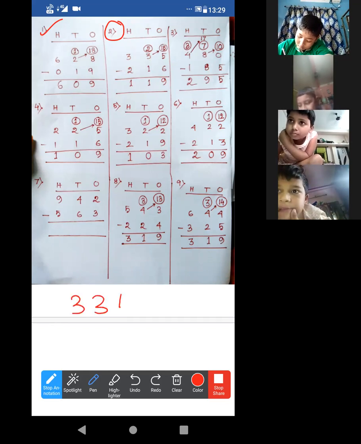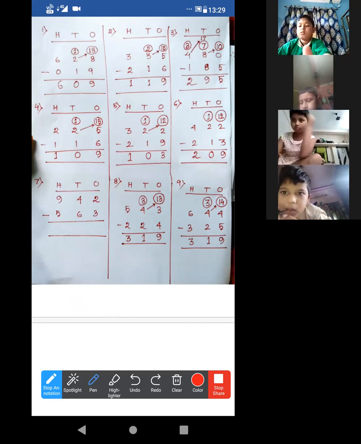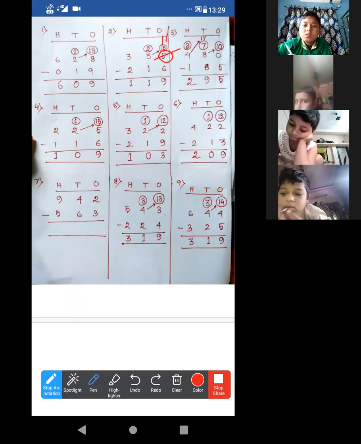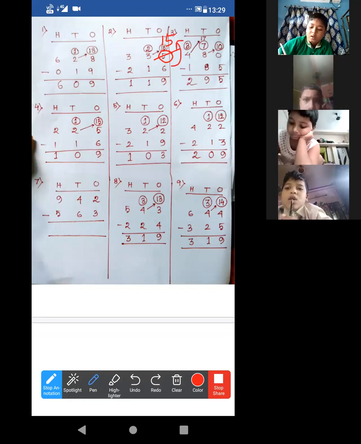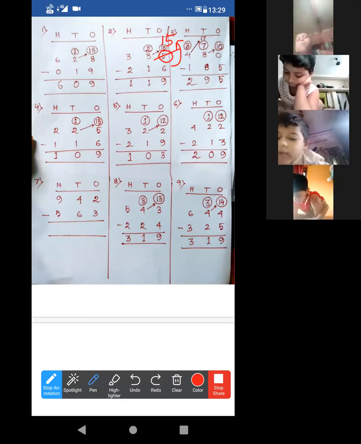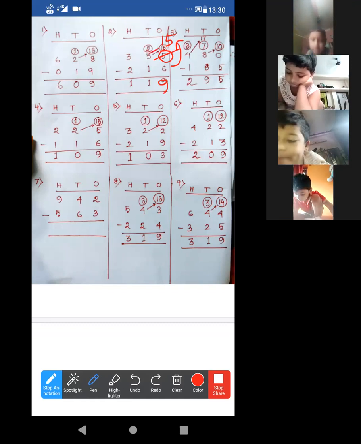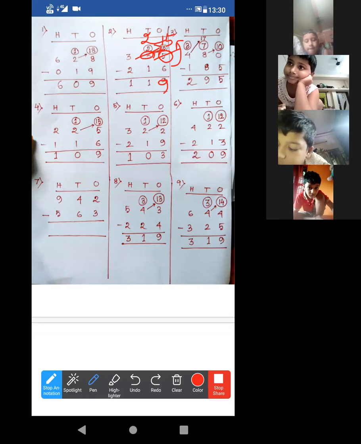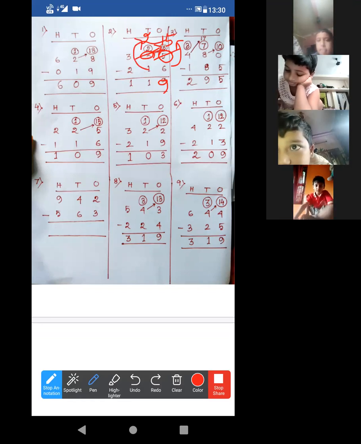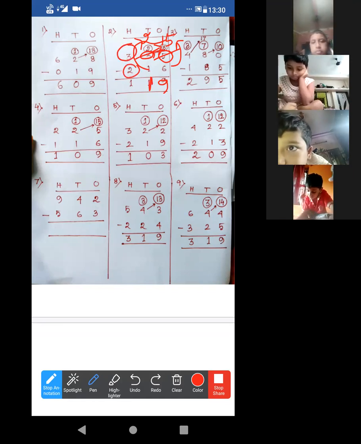335. Let me explain it over there. Look, 5 is there, so we have to cut this 5. It will become 15. After 6, start counting till 15. It will be 9 places. So 9 is over there. Now, as we have borrowed 1 to make it 15, this 3 will become 2. After 1, start counting till 2. Only 1 place. Now 3 minus 2, 1.